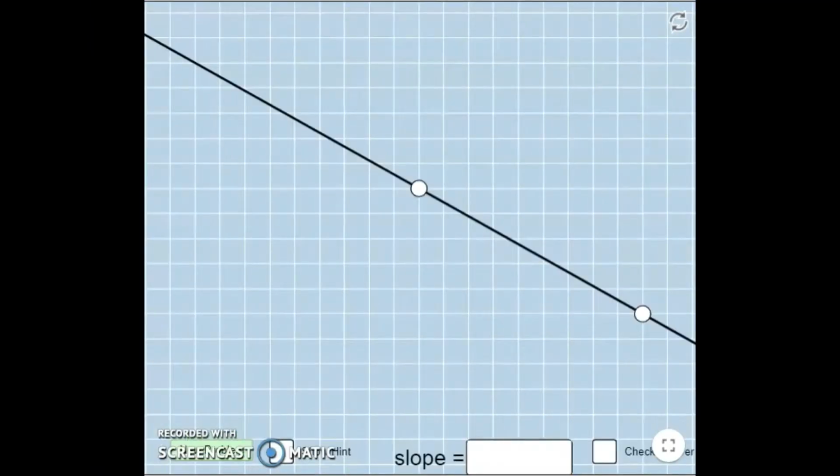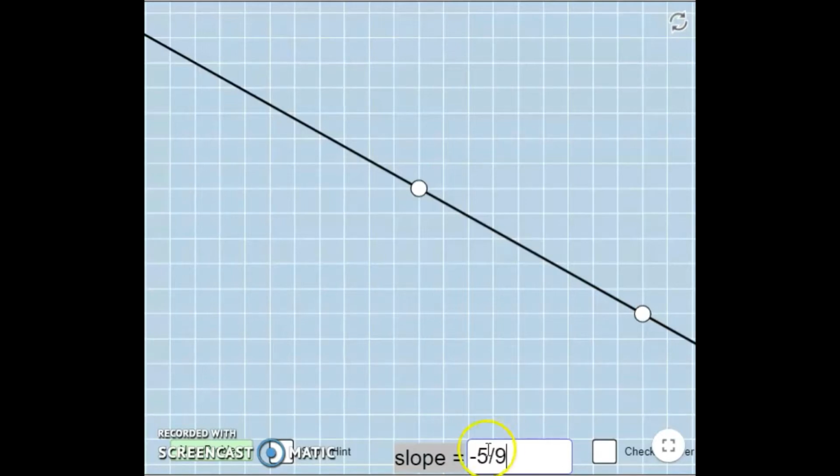So if I'm asked to work out the slope from a graph, then I need to follow this process. I need to work out the rise and the run, and this has given me nicely 2 points that are on grid lines, so we're not dealing with weird places like this that aren't quite right. And I need to find the rise and the run, and the rise is a negative number, 1, 2, 3, 4, 5, and the run is along 1, 2, 3, 4, 5, 6, 7, 8, 9. So I think the slope is -5